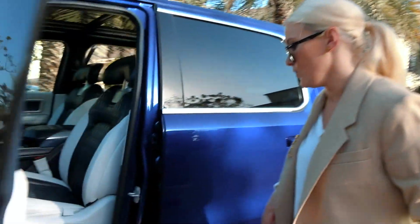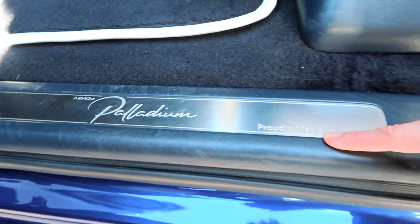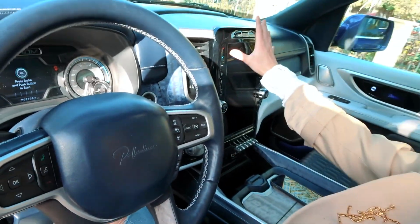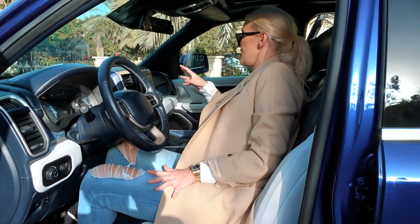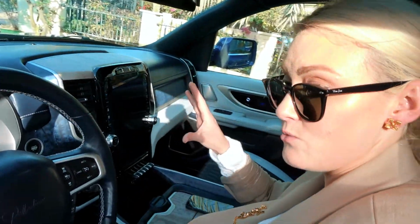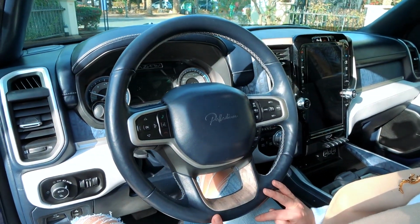Okay, inside, here we go. Now, you have your fancy 1 of 10 plaque, just to show you. Proudly made in Italy over here. You've got all of your fancy wood again. I quite like this tinted blue wood, that's quite nice. This, ugly! There's not many infotainment systems that actually offend me. I feel like they're working with an infotainment provider who's going to change all of this. Look, it's fine for a Ram because that's what you pay for. This is a really expensive ultra luxury limo, so that's not what I want to see. Even this steering wheel is just so...